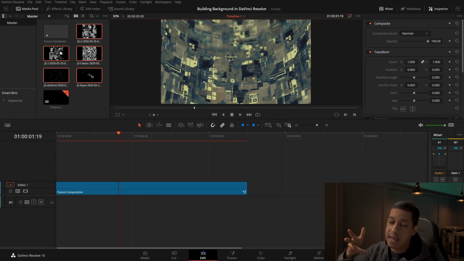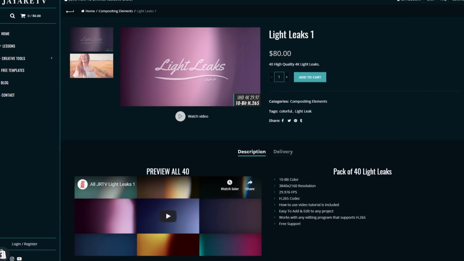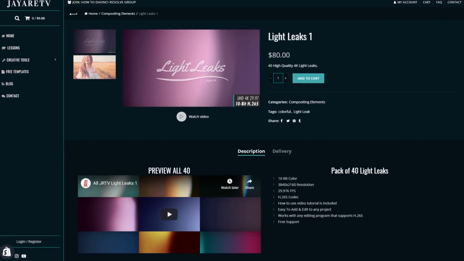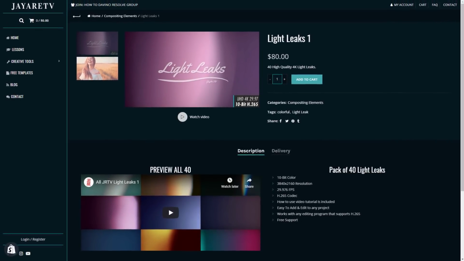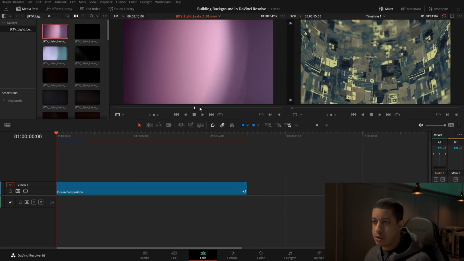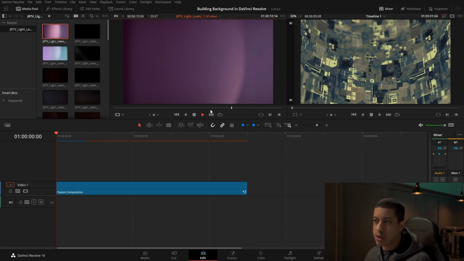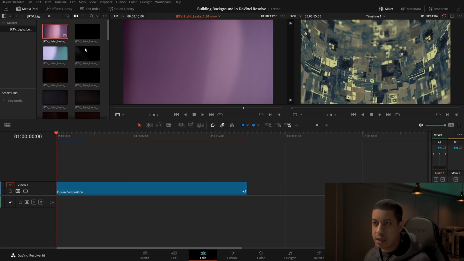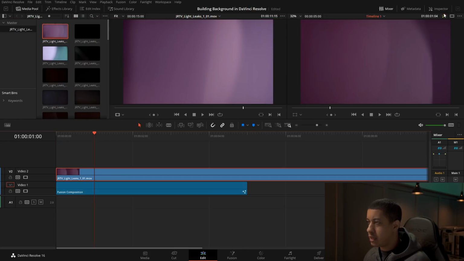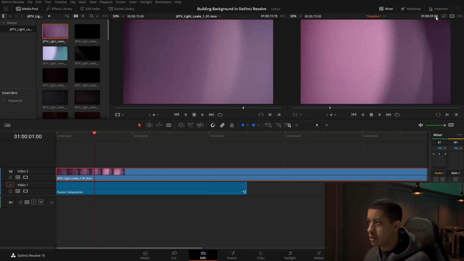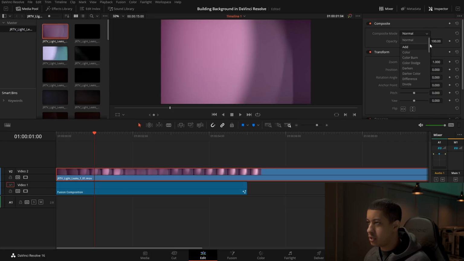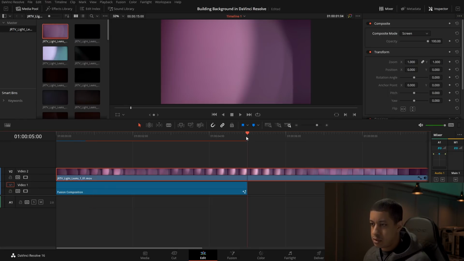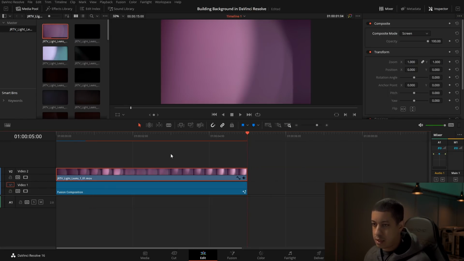The other thing that I added here is a light leak. You can find the light leaks that I particularly used on my website. You can really use any light leaks and figure out which ones we want to use. And just because it's one color, that doesn't really mean that's the color that we need. We can just go in and easily change that color here. So let's go in and change this to screen. Just like that. And I'll cut the end of that off.